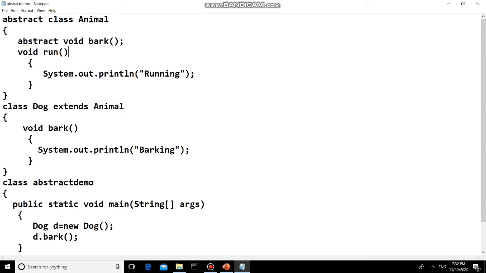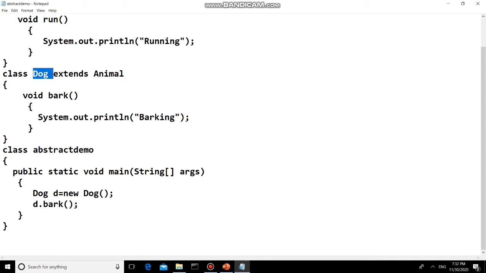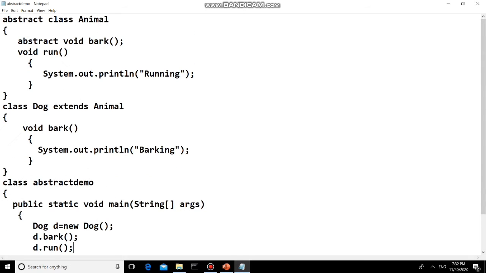We can't instantiate the animal class because it is an abstract class. But dog is already extending the animal class, so this method can be acquired by the dog class. So we can call the run method by the dog object, because there is inheritance. Dog can acquire all the properties of animal.